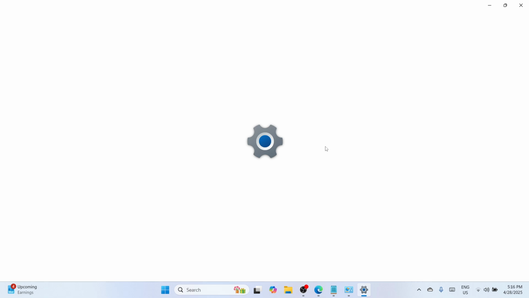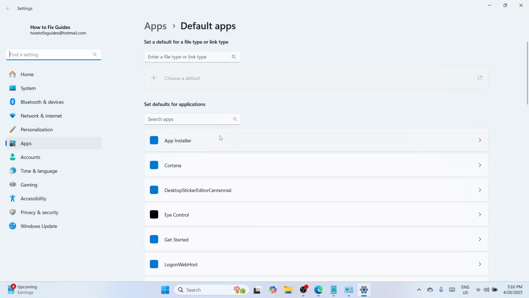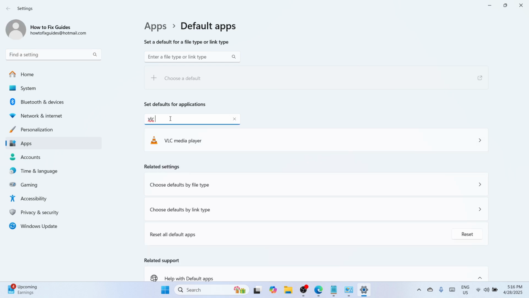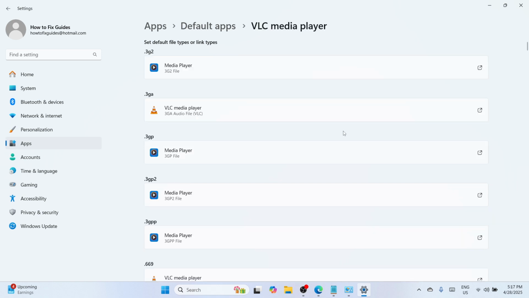Okay, so you would be able to see the default apps here where you can see two search bars. So all you need to do is proceed with set defaults for application. And from here, type for VLC Media Player. So a result would appear. Click this forward arrow and eventually you would be able to set default file types or link types for VLC